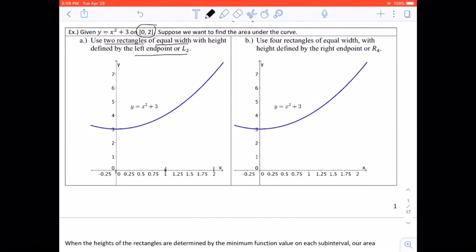And it says to use the left endpoints. So I'm going to take on the left side starting at 0 and go all the way up to my graph to where it touches. And then once I hit the graph, I'm going to draw a horizontal line across and then straight back down